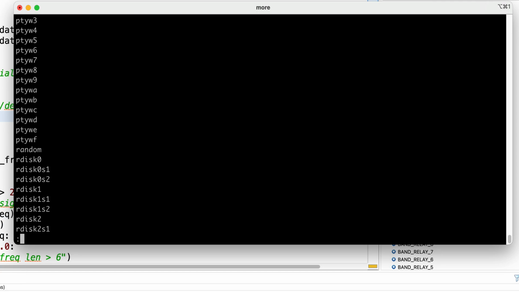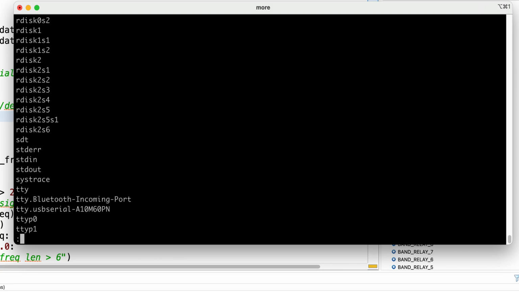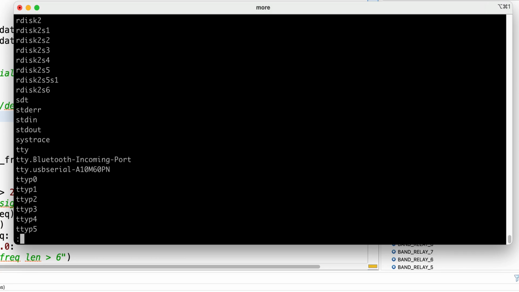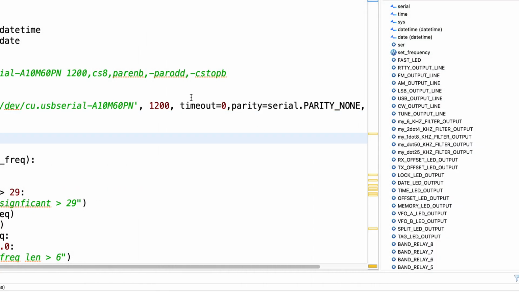The R disks are just part of the disks on Mac OS, but really, all we care about is the USB serial stuff. If you see something like this, that's your cable. All we're doing here is trying to find the address of your cable and plug it into the program here. And once we do that, we can